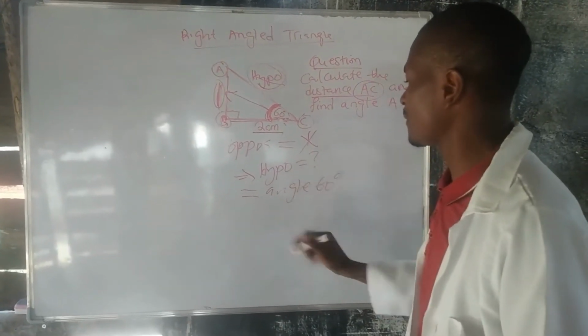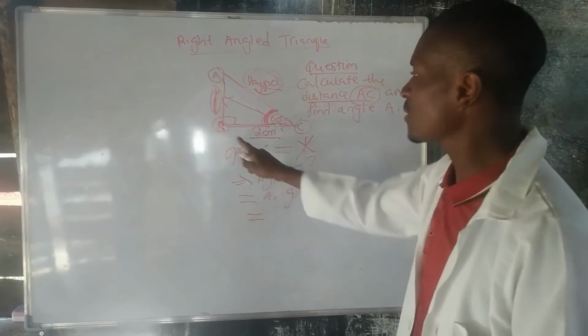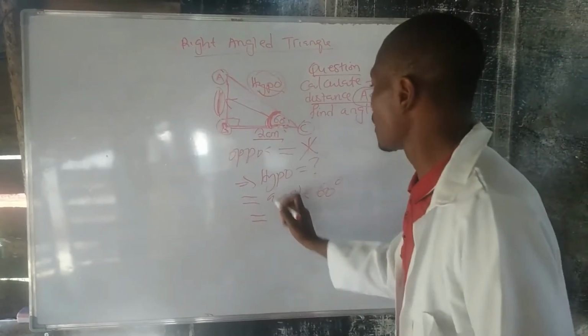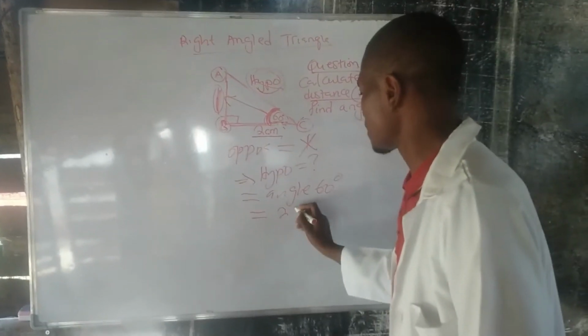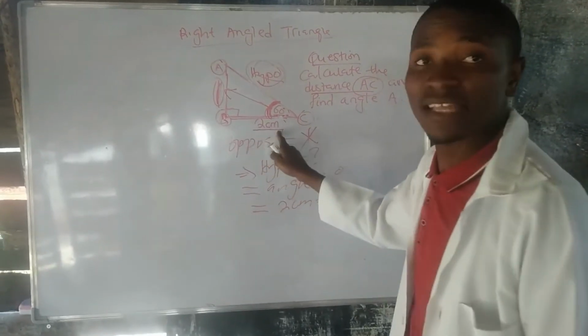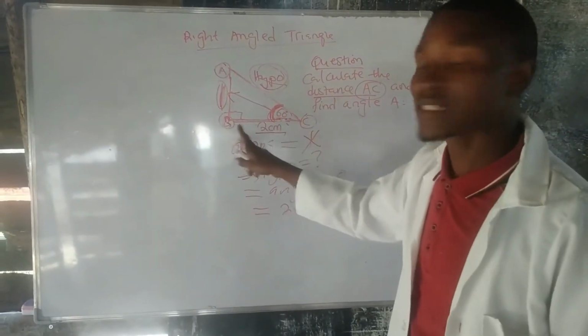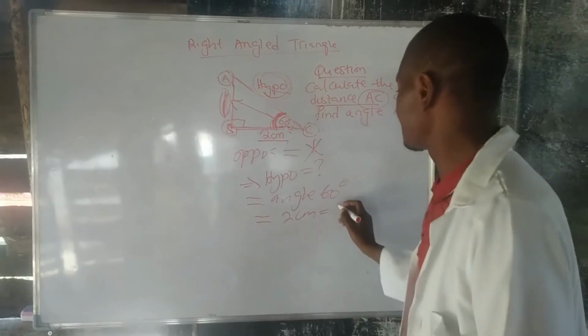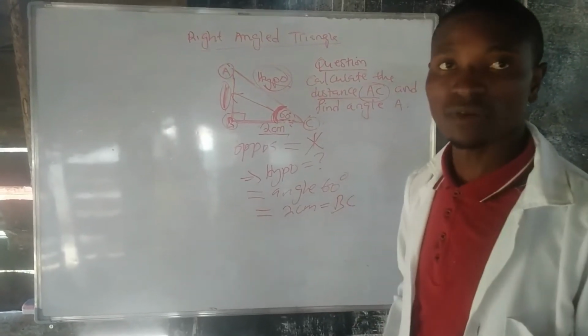So I'm looking for the hypotenuse. And then the other thing that I know is this value, which is 2 centimeters. And the 2 centimeters is the distance between B and C. So let me label that. Now, therefore,